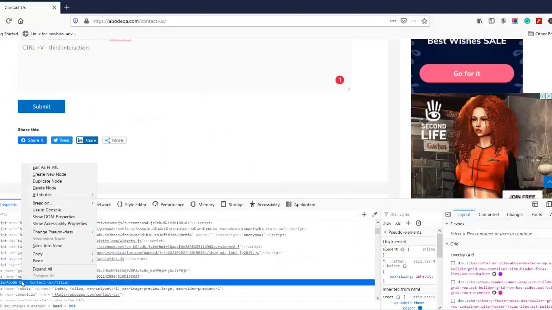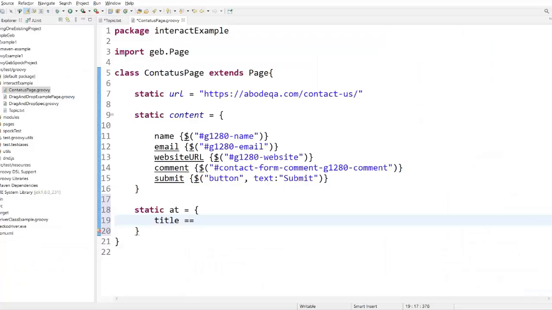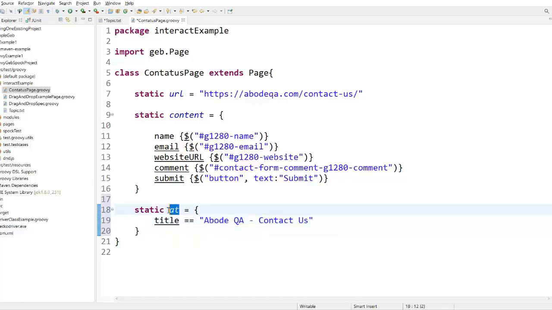Okay, this is the title, so I'm copying it, getting back into the at section, and pasting the title within double quotes. So whenever this page is called, the first section that will be executed is the static at, and once the title of this page matches this title, it will proceed for the further actions. Okay, so let's create our supporting method.